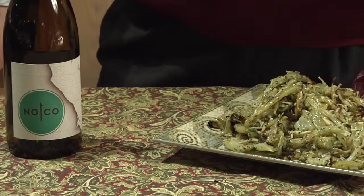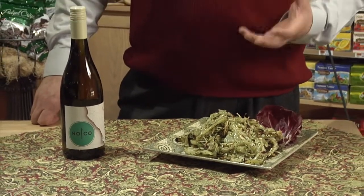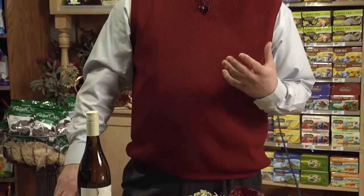The fennel here with the Parmesan, I think you get that great licoricey sort of thing. The cheese gives it such richness that the wine has the same sort of ripeness, same sort of oily texture in the mouth, and with a roast chicken it would just be a